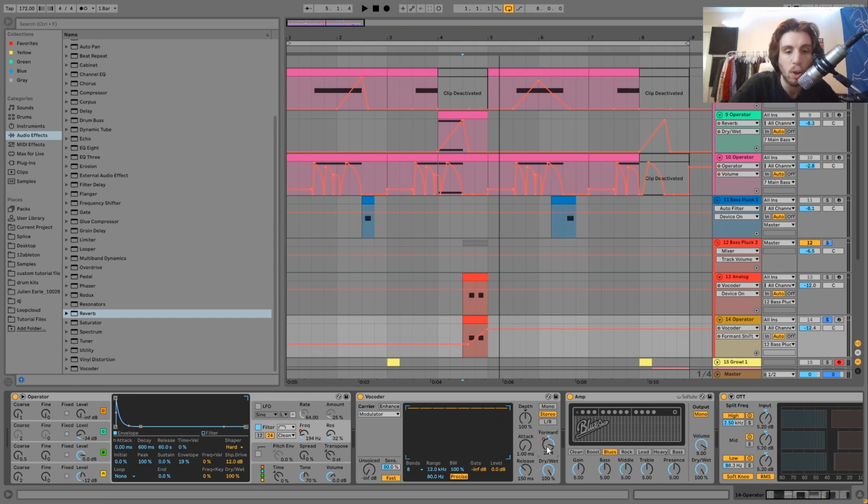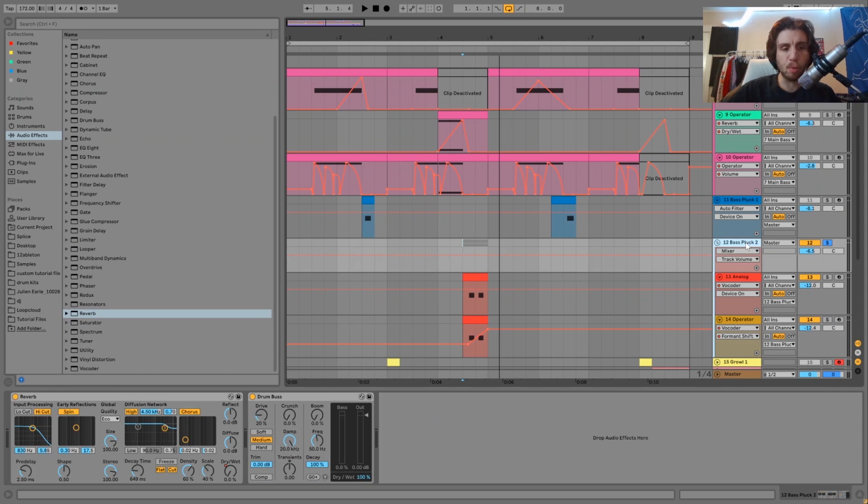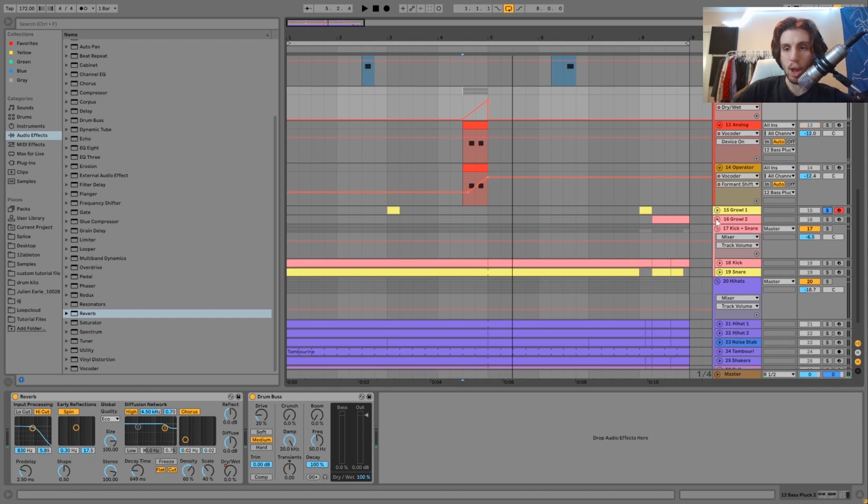We have this vocoder, which is set in a very similar way to the one on that last patch, and then we have this amp and OTT and drum bus to give it some crunch and some distortion and texture. And then on the group of these, it's just a bit of short reverb, which is being automated right there. You hear that kind of washing out. And then I just have this drum bus. And then we have this little growl,